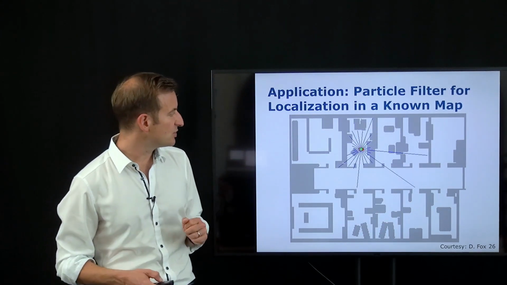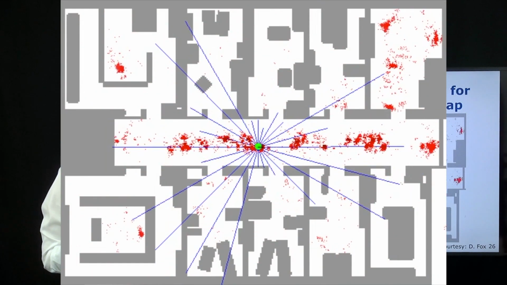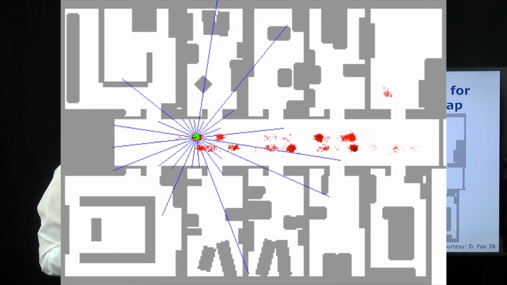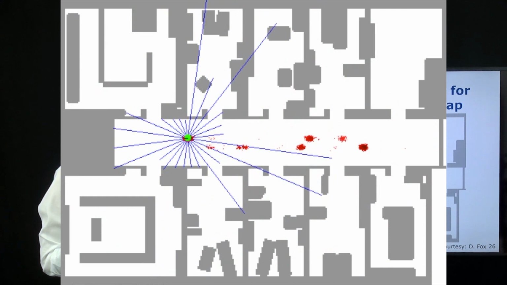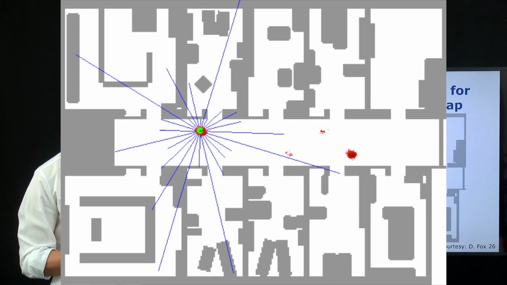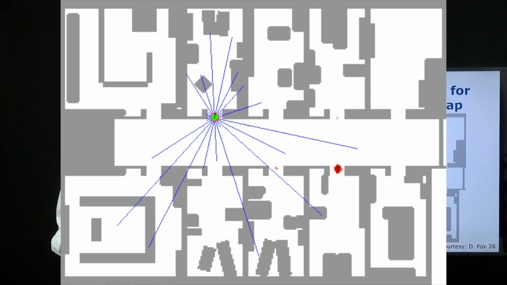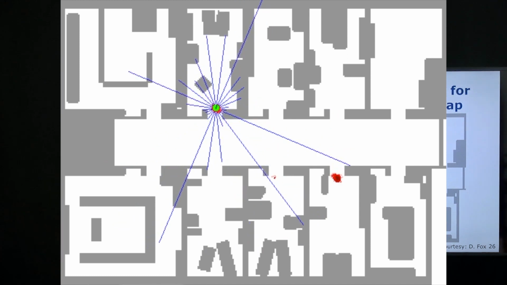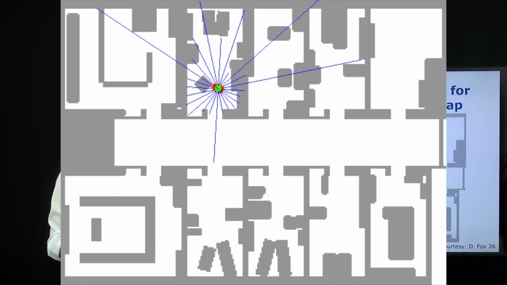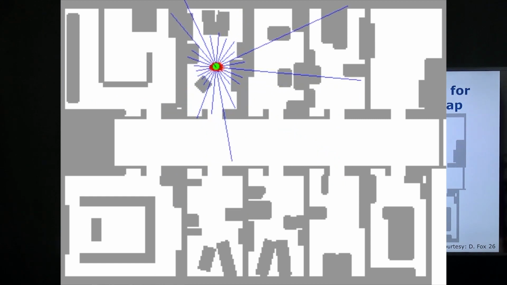So I can show that video again, now also in full screen mode, where you can see how the system estimates the position of the platform recursively, taking into account motion, observation, and resampling, moving through the corridor, then turning around. We see that the two hypotheses survive before the system enters one of the rooms and is then able to identify where it is located and which hypothesis is probably wrong, and then has converged to a unimodal belief. But in order to end up there, we need to have the ability to represent multimodal distributions.